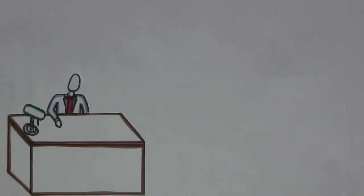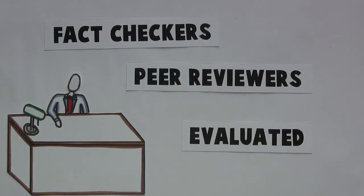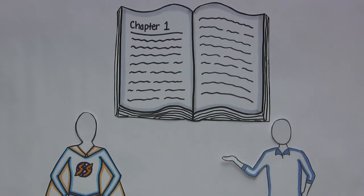In general, a credible source will have been written by an expert and be approved by other experts or fact-checkers. Sometimes it takes a while for new information to be evaluated. And that's why you want to include information from more than one source to cover the whole issue. This is true of articles you find in the library databases and also articles or chapters you find in books